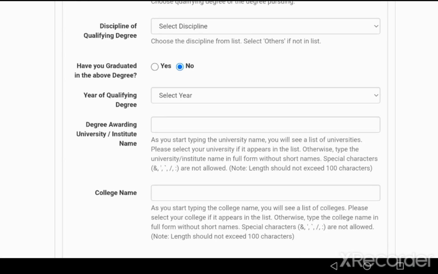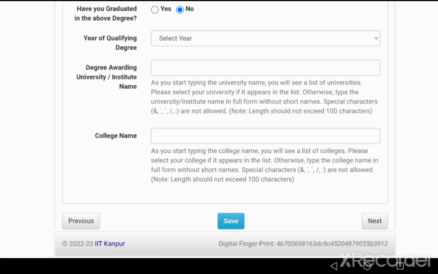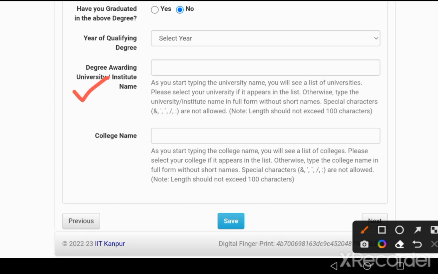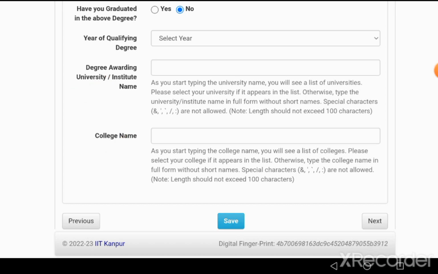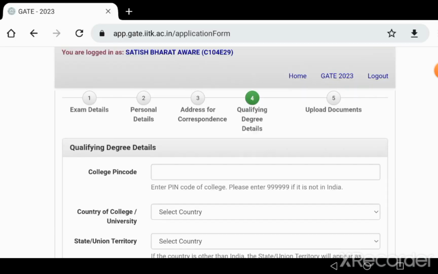As you are completing your graduation in 2023, enter 2023. If you are completing in 2024, that option is also available. Then degree awarding university or institute: again enter your institute name, the college name here is compulsory. After all details, press save. After save, click on the next button to go to the last stage, that is upload documents.